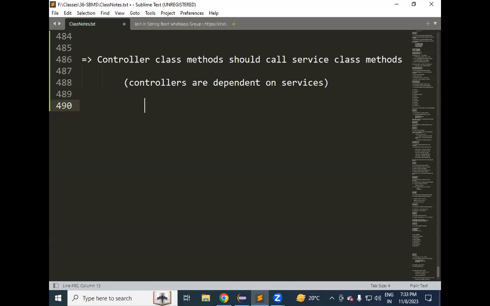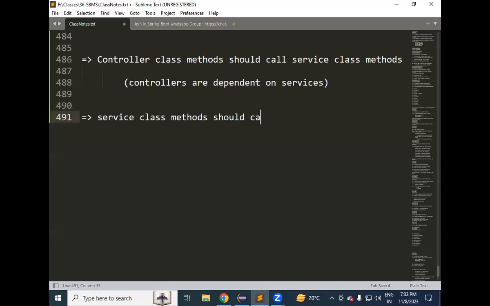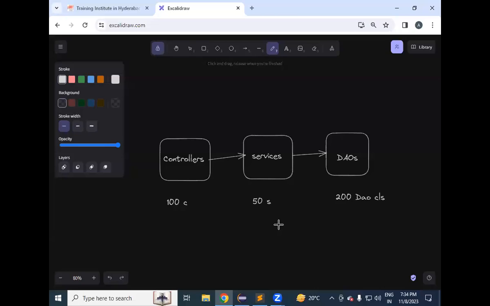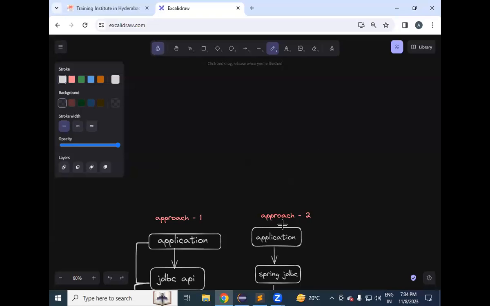Then, when the controller calls the service method, what should the service do? Service class methods should call DAO class methods. What is the meaning of that? Services are dependent on DAOs. So classes are dependent. If you see the architecture, when you go for the layered architecture,